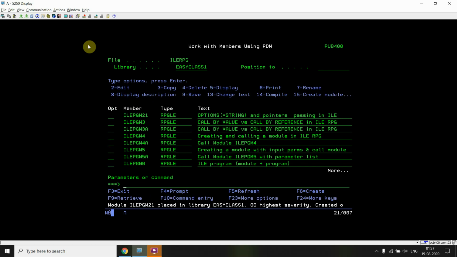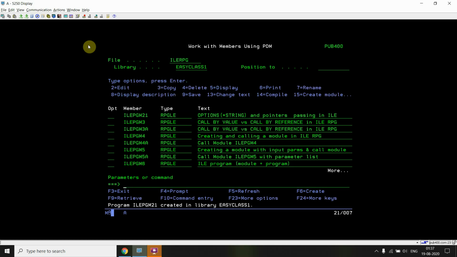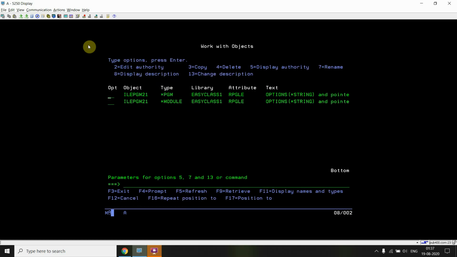So the module is created. Now create the program, CRTPGM ILE PGM 21. So the program is created; work object ILE PGM 21. Both the module and program are created.